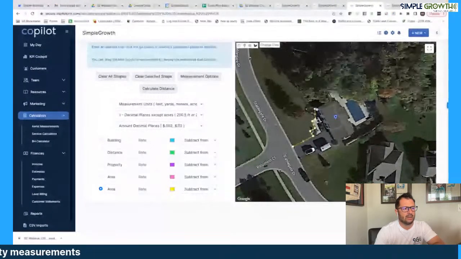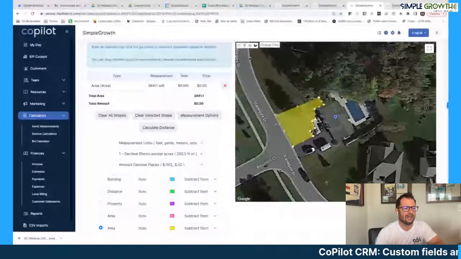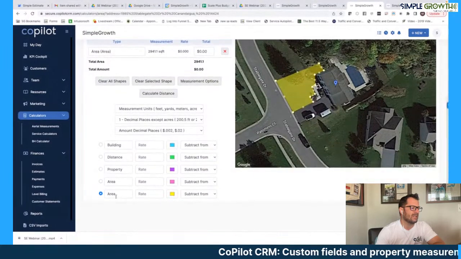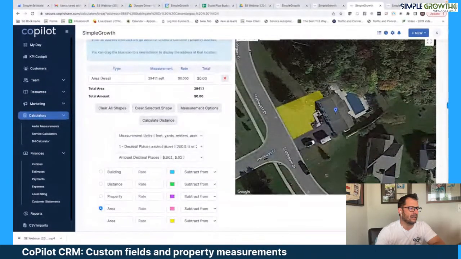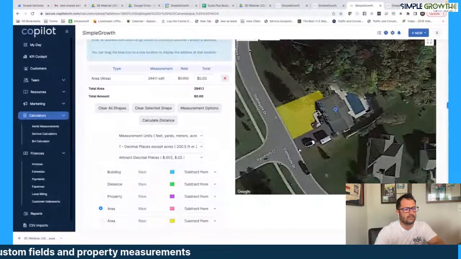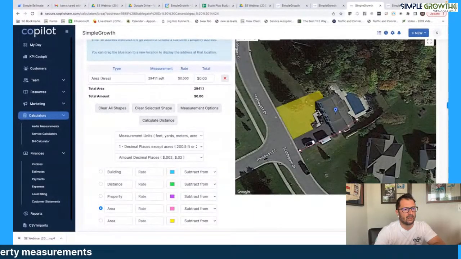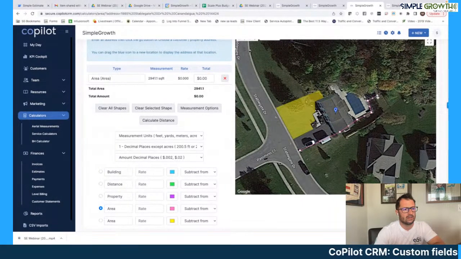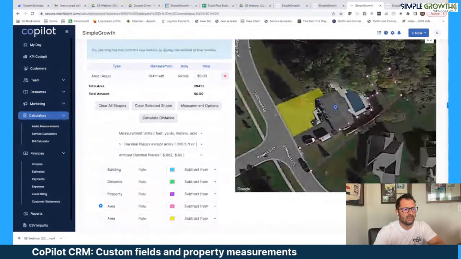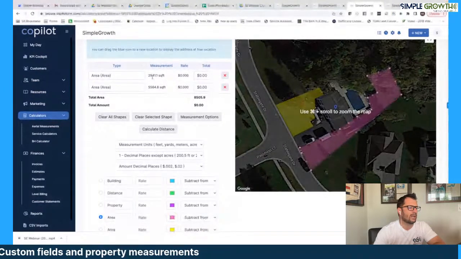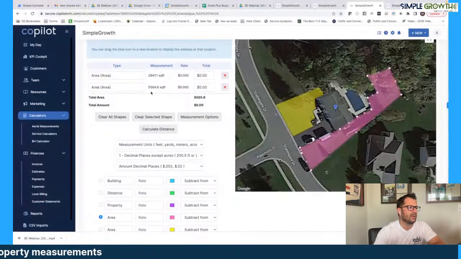Now this property here is a little bit different. So I want to kind of show you some of the functionality of this. So what we have is area here, and that is our first area. So we're going to click in here and add our second area. And drive that down. And now we've covered that area. So we've got 2,900 square feet in the yellow, and we've got